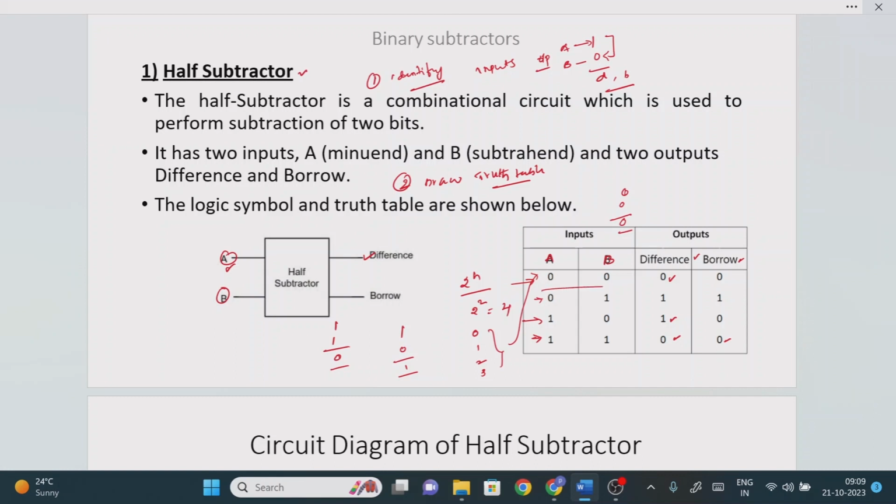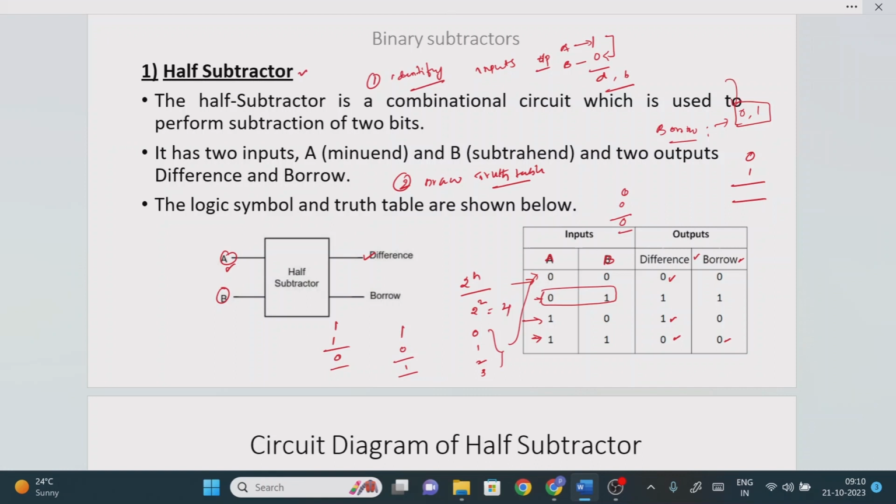Now finally, what is the pending one? We need to subtract 0 minus 1. If you take 0 minus 1, we cannot directly perform the subtraction operation. In the earlier cases it was easy to find the subtraction, but here 0 should be subtracted from 1, so directly we cannot perform 0 minus 1. Then how do we do it? Here we have the borrow concept. In a digital system, we have only two options, either 0 or 1. The binary number system means we have the representation of 0 or 1. So if you want to take the borrow, what is the possibility?